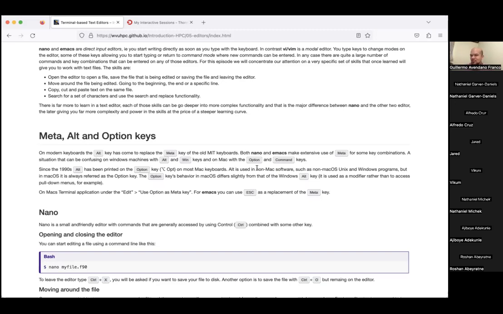In the case of Windows machines, you see the Windows icon on the left of the space bar. Those keys used to have different names back in the 80s,